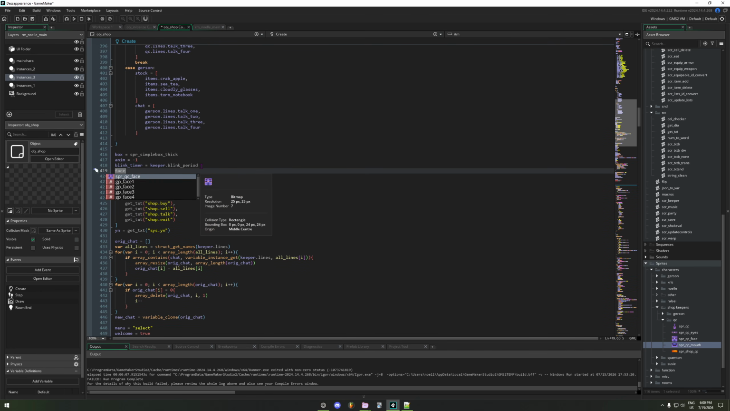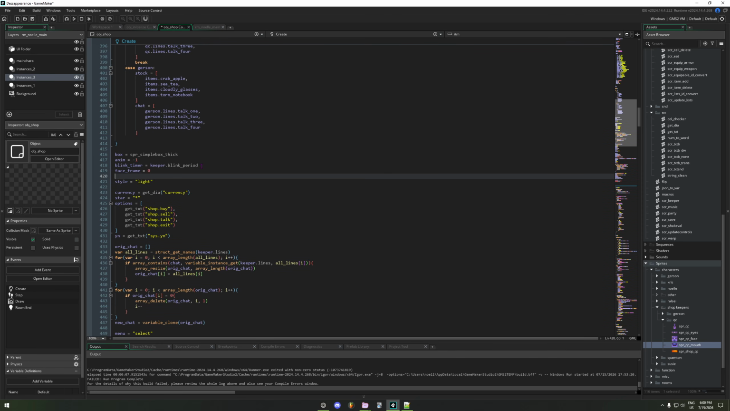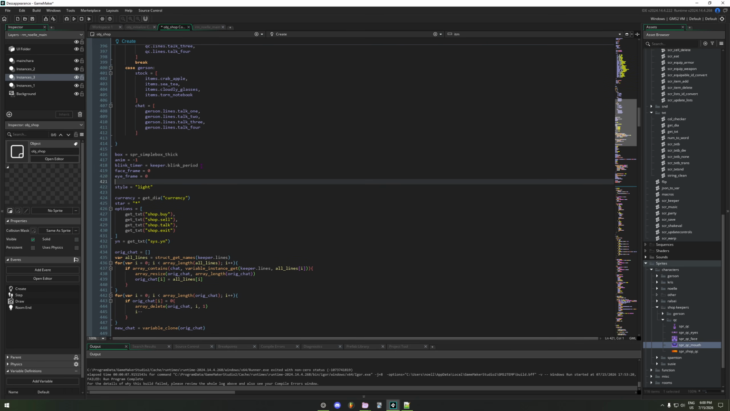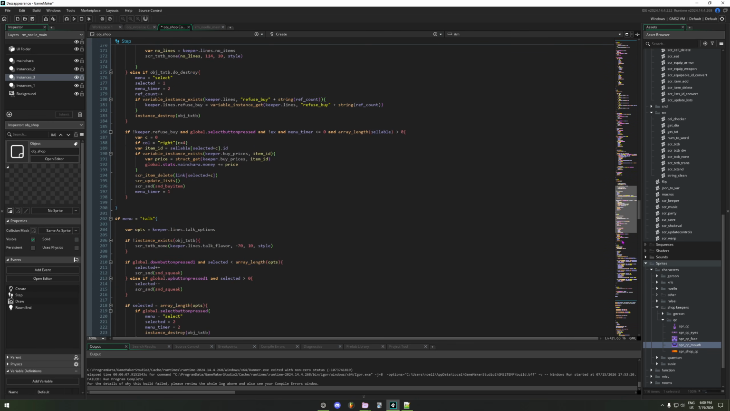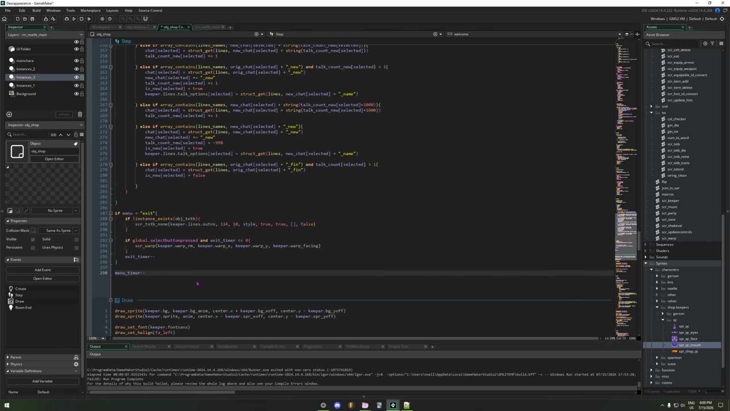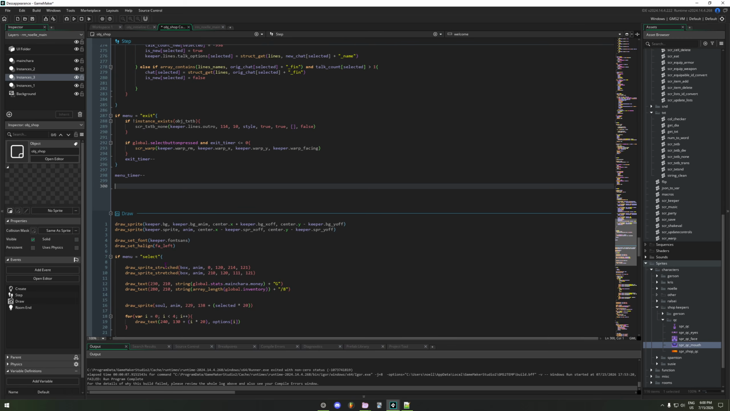But anyway, now we have that. We want to say face_timer, face_frame equals 0. Then i_frame equals 0. And finally, mouth_frame equals 0. Okay, there you are. Now we've got one more thing after this: we have to do the draw event stuff. But first, for